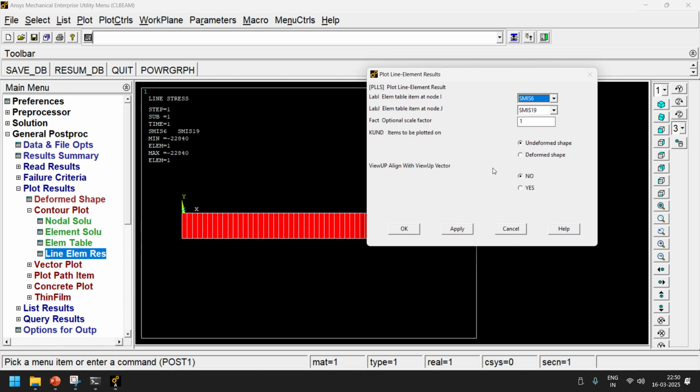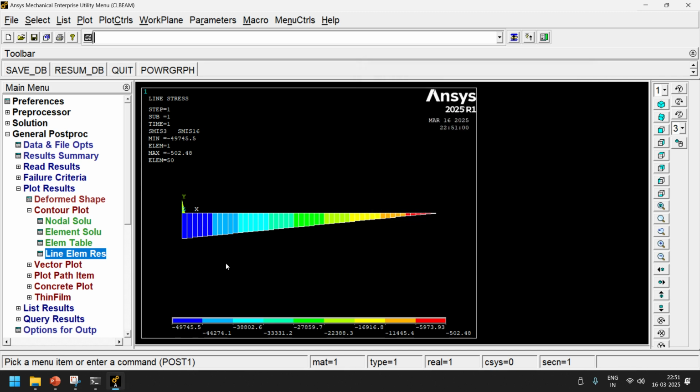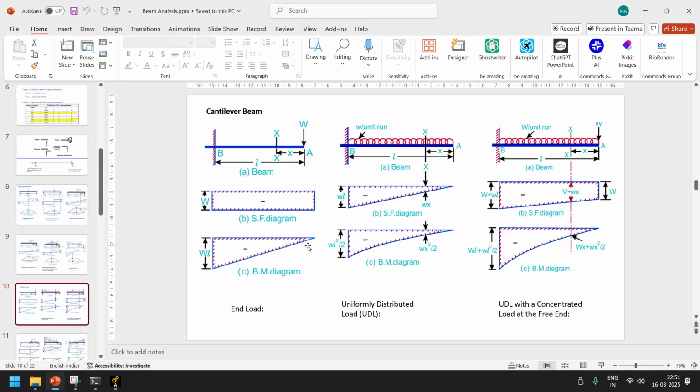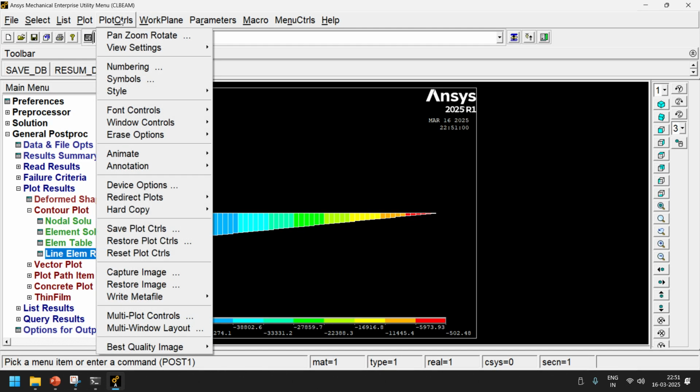Same line element result. This time 3 and 16. Apply. So this is the bending moment diagram. Okay, same thing we got. Here also you can see that